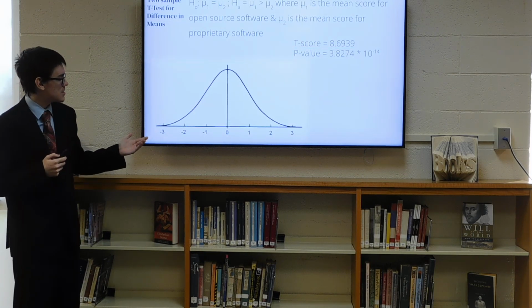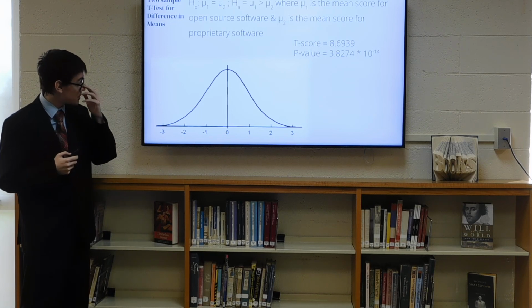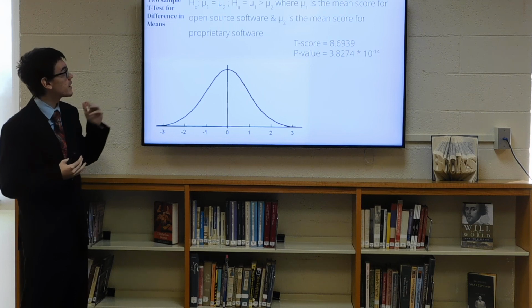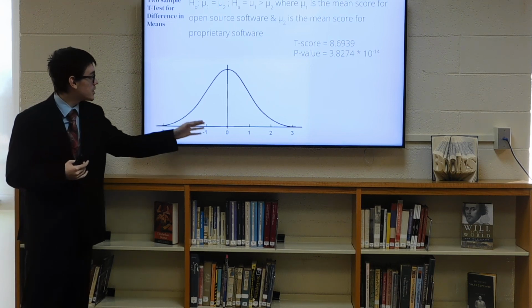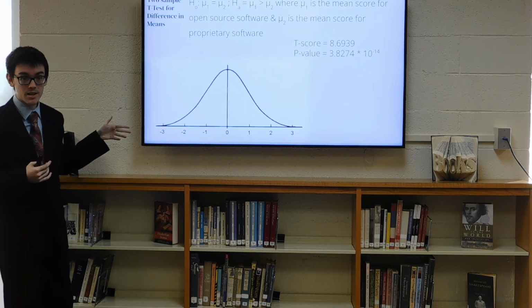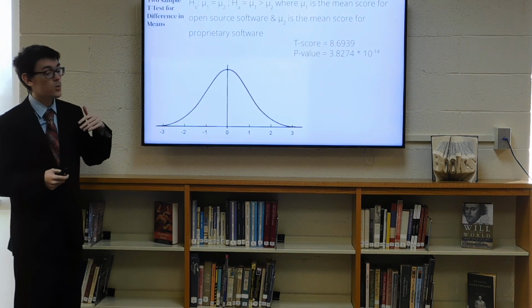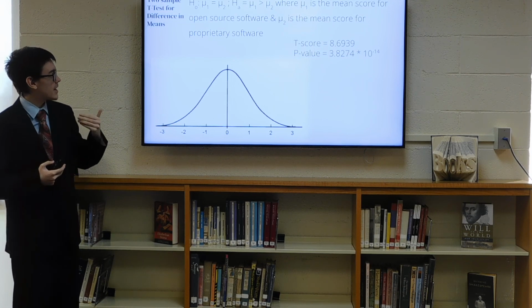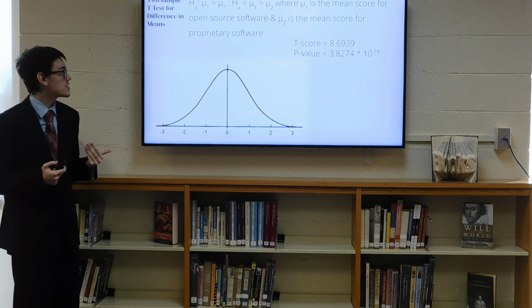So here we have a t-distribution, and basically what the t-distribution is the probability that we collected this data assuming the null hypothesis is true. You can see that there's a lot of data here by the mean. What these numbers represent is the standard deviation. Our t-score is how many standard deviations away from the mean we are. Our data is 8.6939 standard deviations away